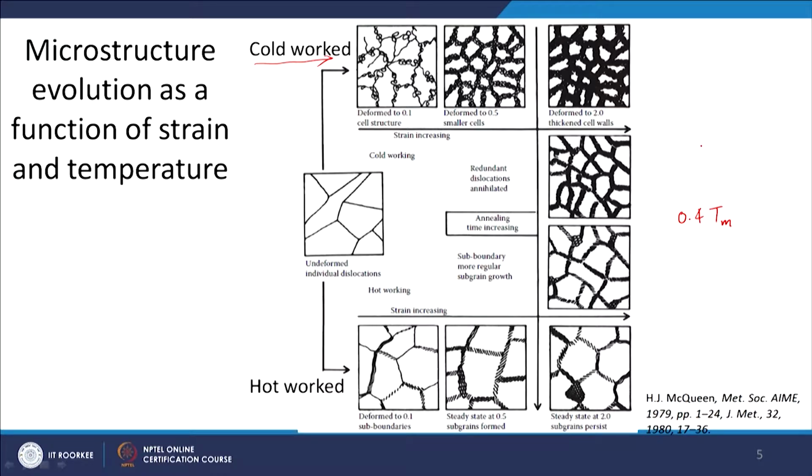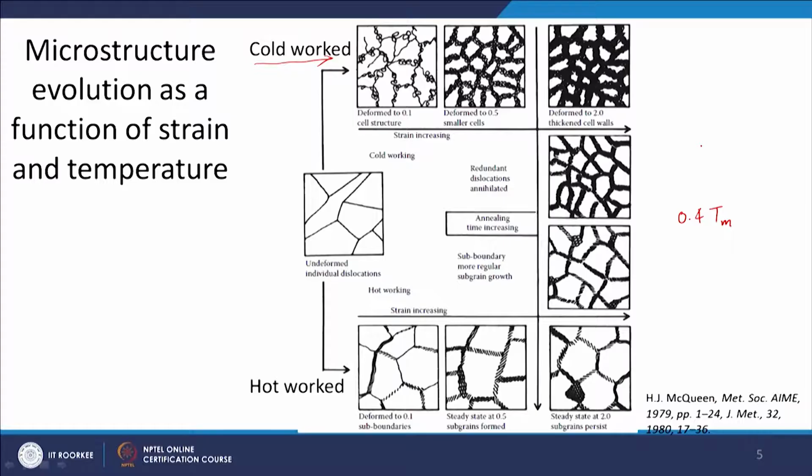There is another segregation here, which is also called warm working. Another addition is there now. So, you have hot working, warm working and cold working. In cold work material you can see that the dislocations are getting entangled with each other, and